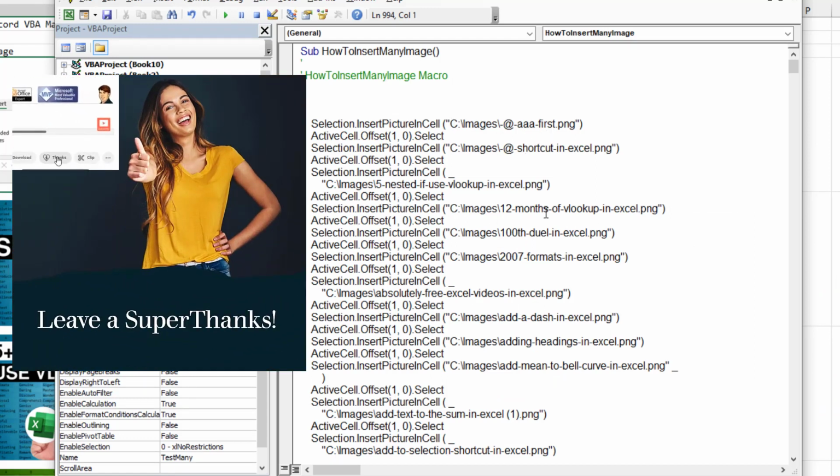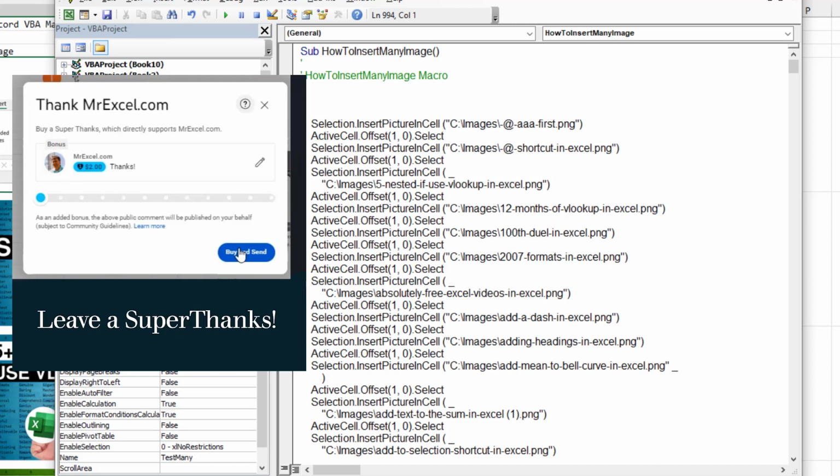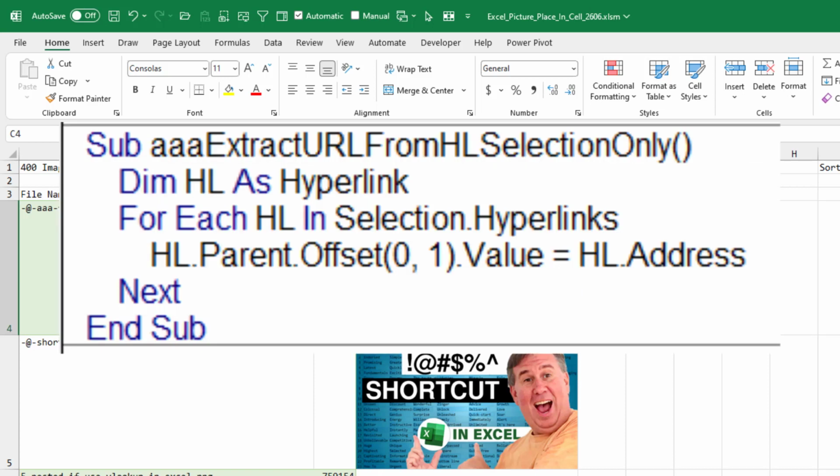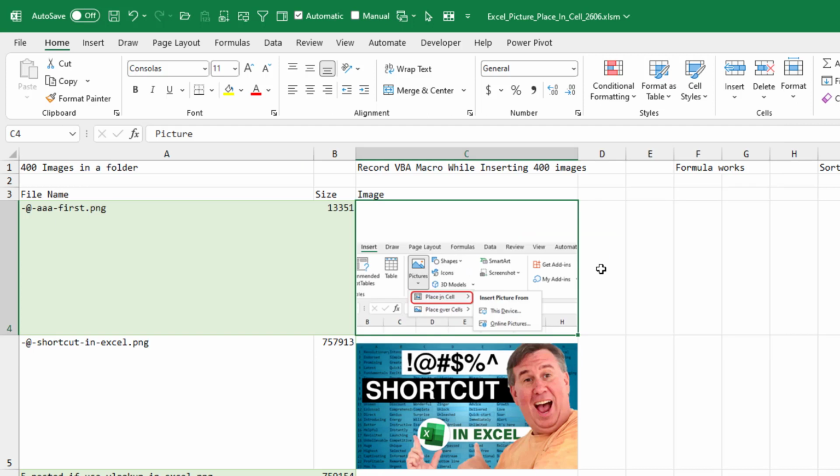Except for the VBA recorder, I can't find any way to get this path and file name from the image. If I look in the formula bar, it just says picture. So, where have they hidden where this came from? It's kind of like when you have a hyperlink in a cell: to be able to get the actual URL out of that hyperlink, you have to use VBA. Is there a VBA property for this? I don't know. All right, but let's look at the positive things.